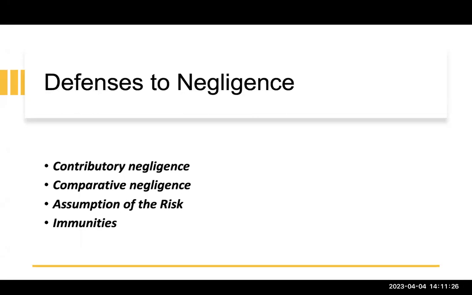So with comparative negligence, we determine what percentage of the accident or the incident is attributable to the plaintiff, what percentage is attributable to the defendant, and we apportion the liability. So if it's an automobile accident case and someone is rear-ended under the comparative negligence doctrine, the person that rear-ends certainly has some liability because they were following too closely.